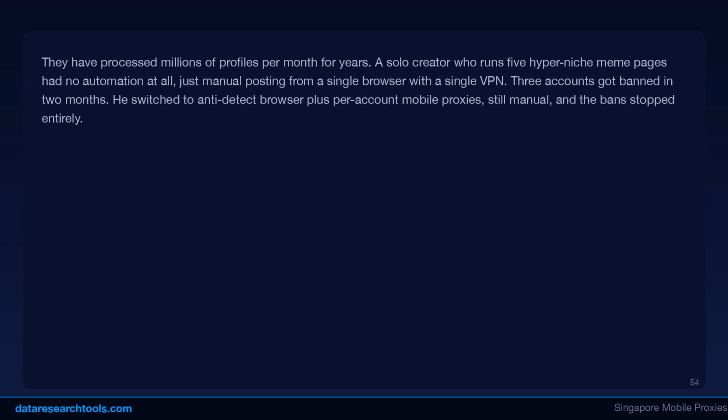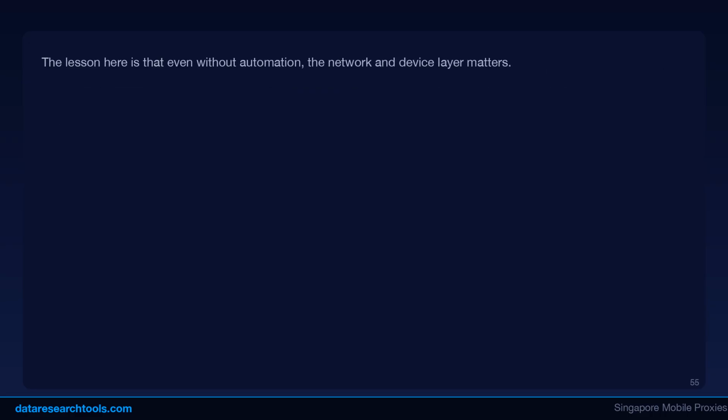A multi-account e-commerce growth team manages 30 Instagram accounts to drive traffic to a single Shopify store. Each account has its own niche and persona, its own mobile proxy port, and its own posting rhythm. They use a custom internal tool to schedule posts with human-like timing variation. Their bans have dropped from 3 accounts per month to under 1 per quarter since they tightened their proxy and